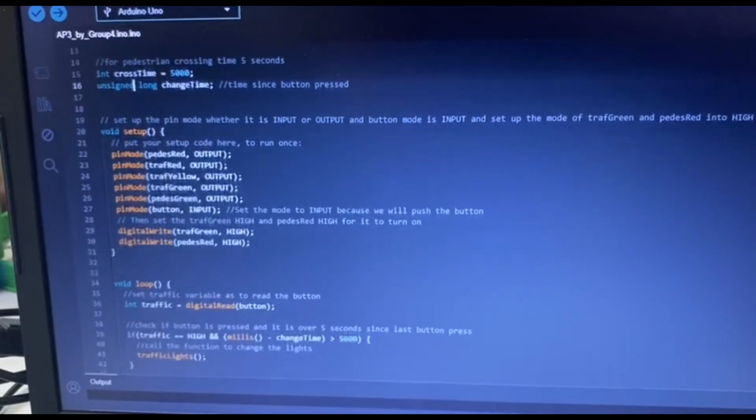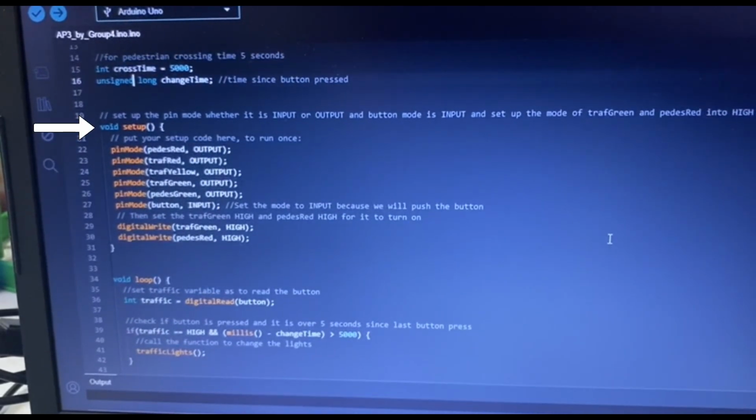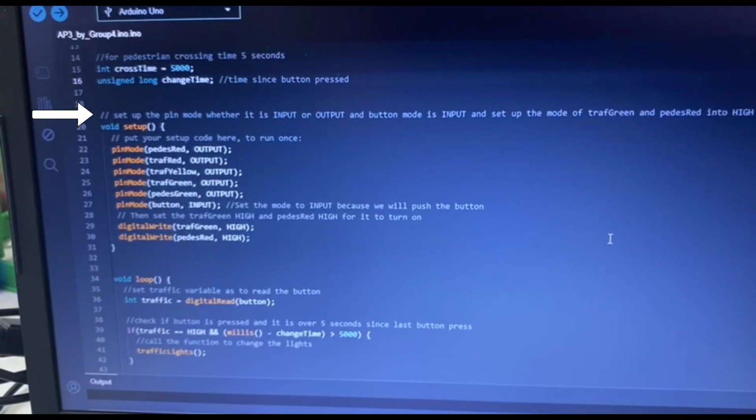Then for the void setup, we will set up the pin mode, whether it is input or output. The pin mode for pedestrian red is output. Then for the traffic red, it is output also.